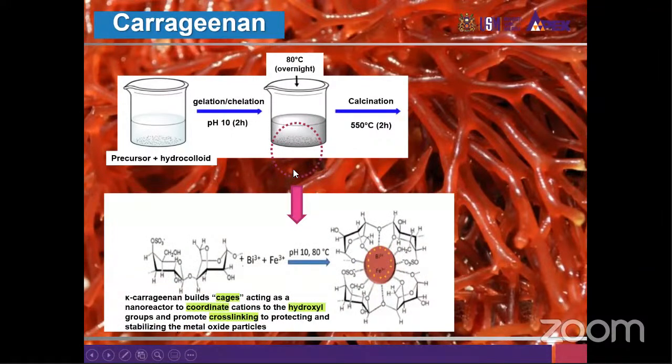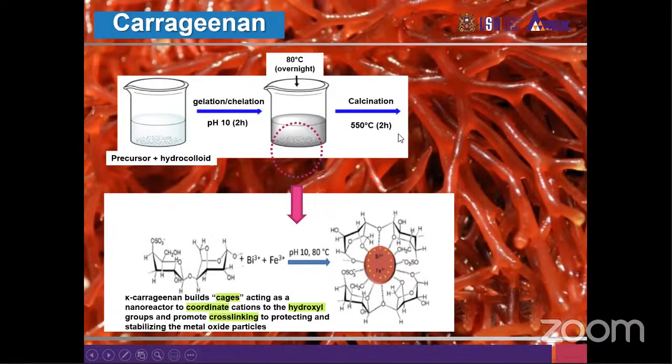When you have a gelation process, this kappa carrageenan, this is your precursor. Kappa carrageenan will build a cage, acting as a nanoreactor, to coordinate the cations to the hydroxyl groups and promote cross-linking to protect and stabilize the metal oxide nanoparticles before they undergo a